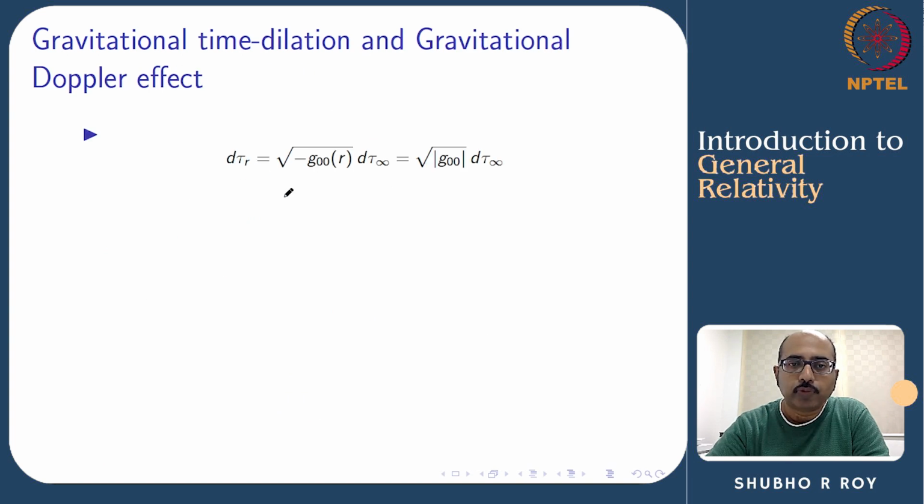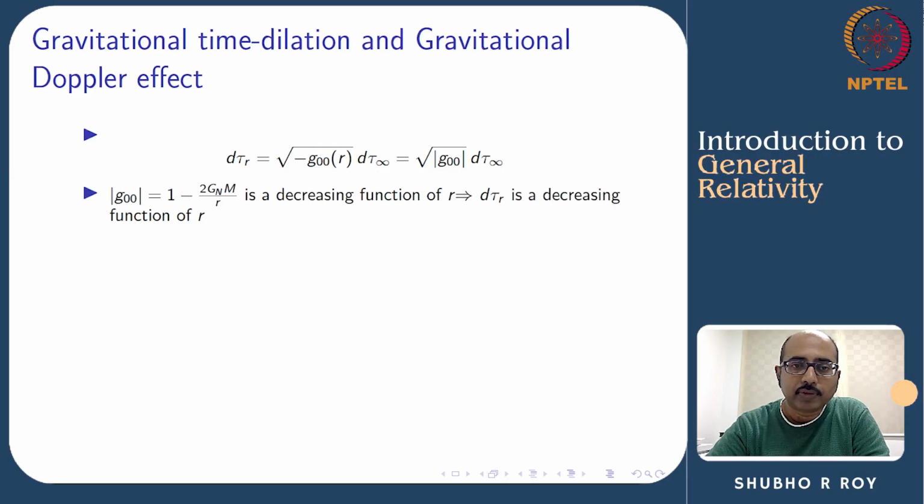So I've taken the square root of both sides, and I've replaced dt by d tau infinity. And we see that the proper time at this location r is related to the proper time at infinity with this factor, square root of minus g00. Since g00 is negative, I can always write its absolute value under the square root. And this tells us that